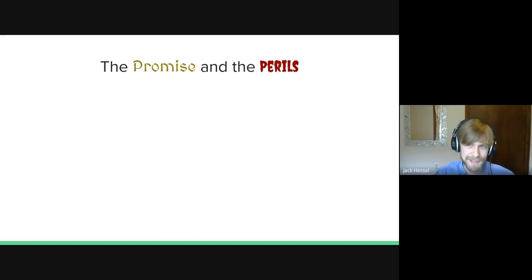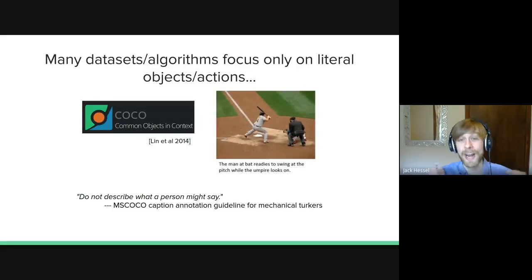But yes, to shift gears to the more perilous part of this talk, I'd like to highlight what I see as the biggest impediment to learning from large-scale web data in this setting. And in particular, I think Microsoft Coco, despite the fact that I love it as a dataset and I work with it a lot, kind of embodies this literal description problem. In particular,